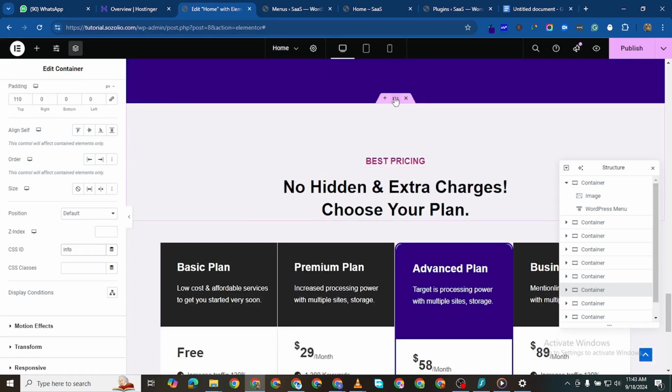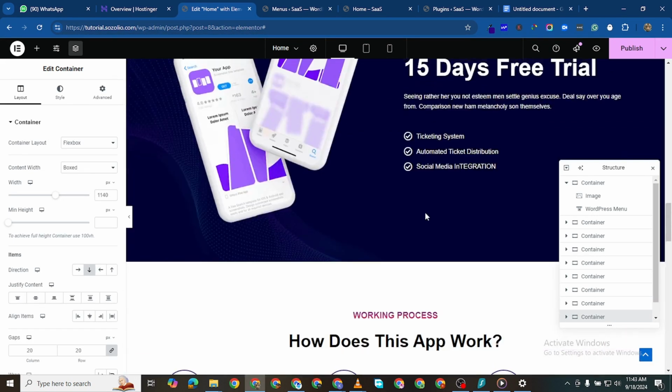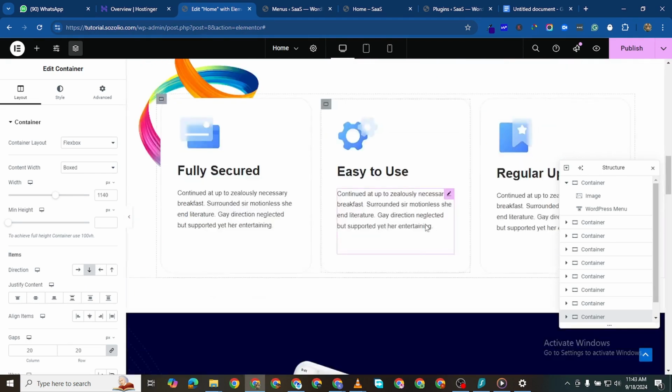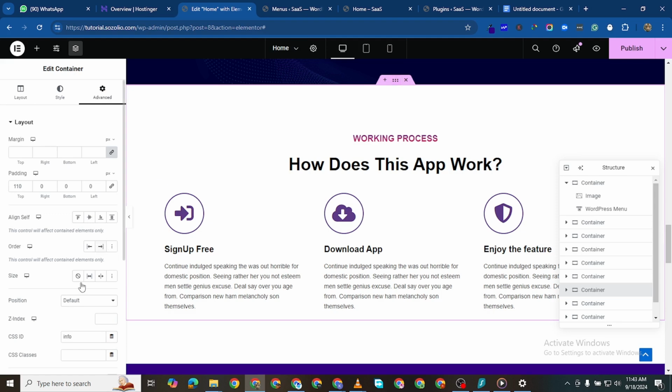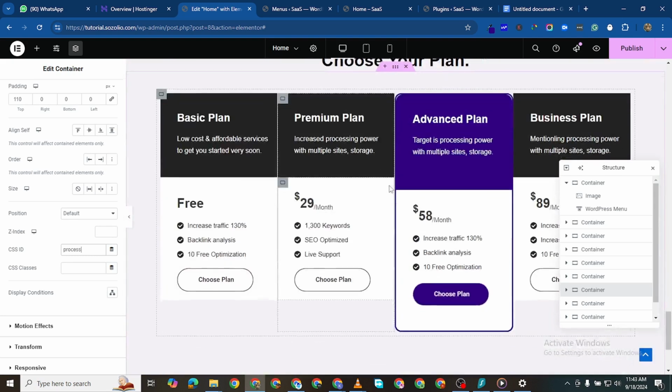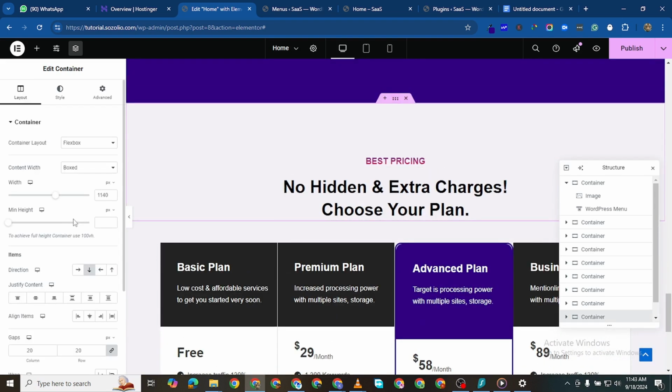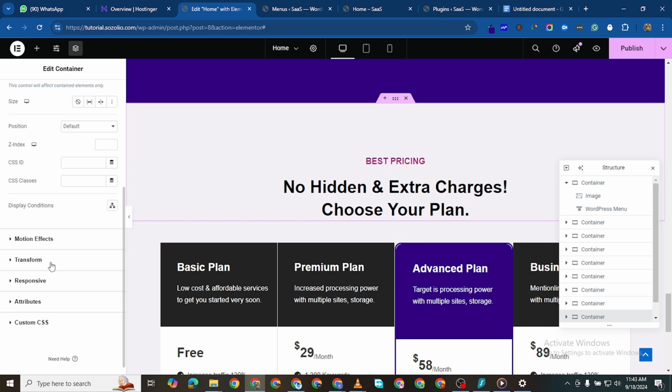This is the, where is the process? Okay, this is the process rather. This is the process. And then this is the pricing. And I'll say pricing here. And if I publish this